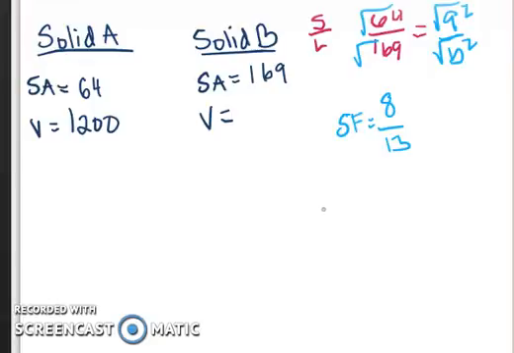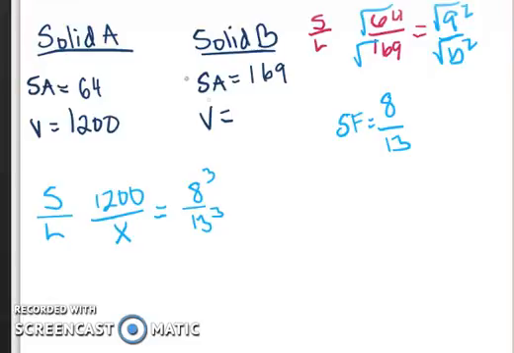Okay, but I don't want my scale factor. I want my volume factor, because if I have the volume, I want to find what the volume is. So again, I'm going to do small to large. I know that my volume is 1200 over x. I don't know that volume. And this is going to be not 8 to 13, but since we're doing with volume, we got to cube it. Okay, so we're going to go ahead and multiply that out. That becomes 13 to the third power, which is going to be a decently sized number. So that's going to be 1200 times that 2197 that I just got. And then 8 to the third power is again going to be a pretty decent sized number, 512